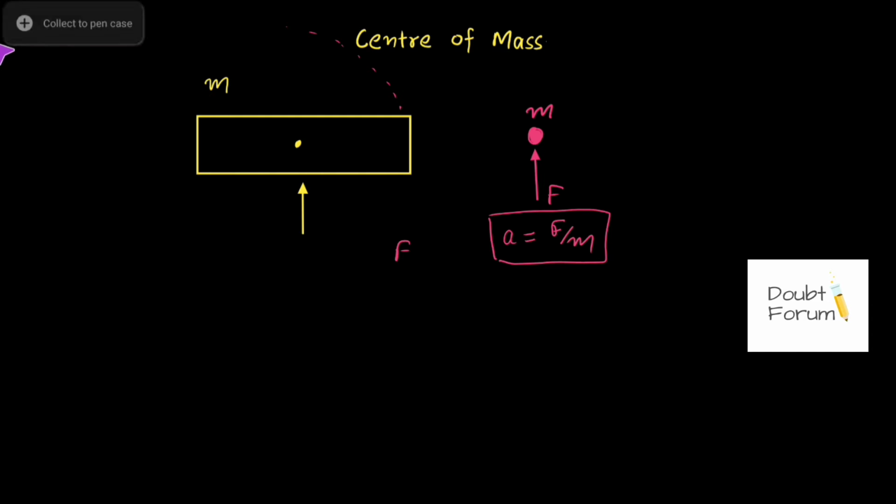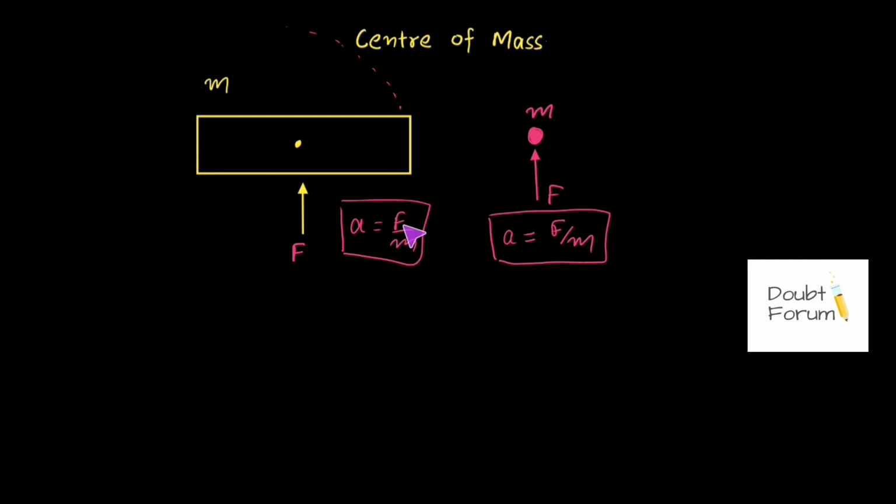This is the force F, and this force we are applying on the center of mass of this object. So this object will not rotate, although it will behave like a point object. So this object will also start accelerating in the direction of this force F, and the magnitude of that acceleration would be equal to F upon m, which is equal to the acceleration of this point object. So this is the significance of the center of mass, that if we apply the force F on the center of mass of that object, this object will behave like a point object.